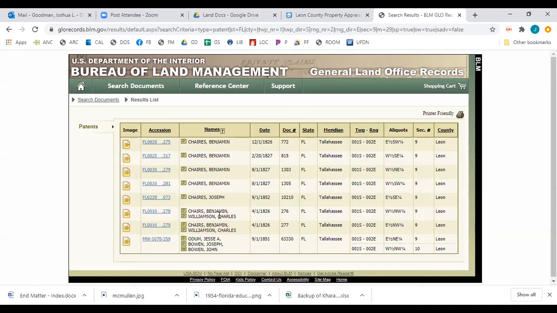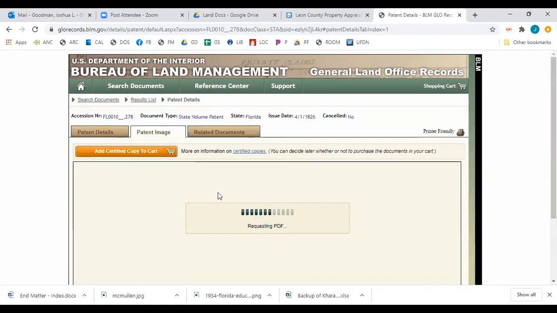So it turns out that right there, that gas station where I get gas on the way to go see mom and dad every time I go down there, it turns out Benjamin Chairs, one of the founding members of the very powerful Chairs family here in Leon County, was the original owner of that piece of property. It was patented out from the federal government on April 1st, 1826. And I can actually get a picture of the patent to prove it.